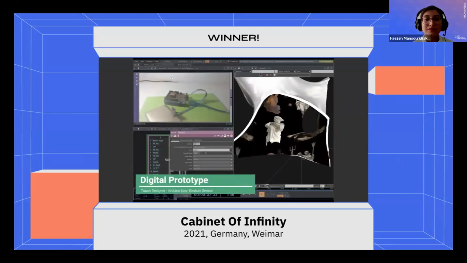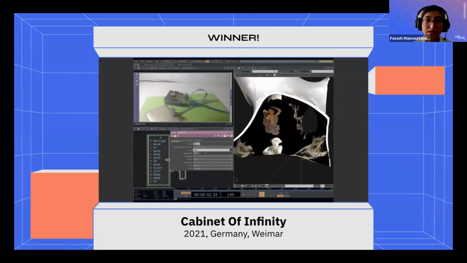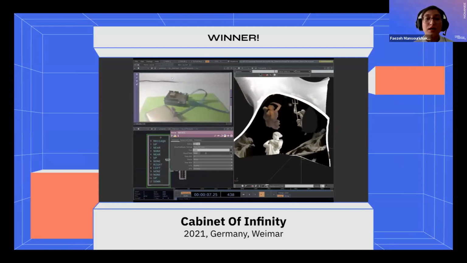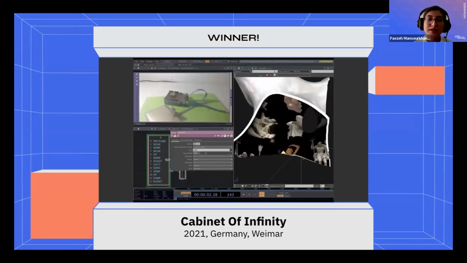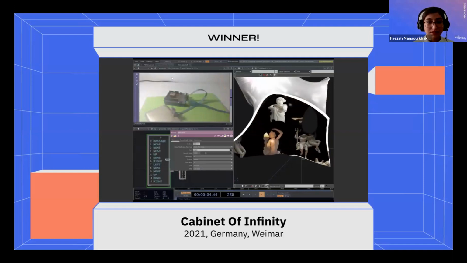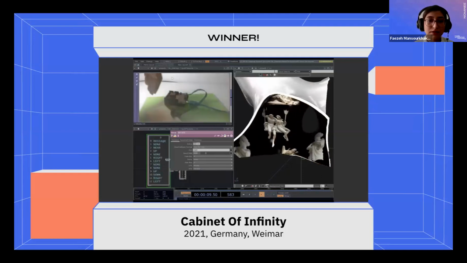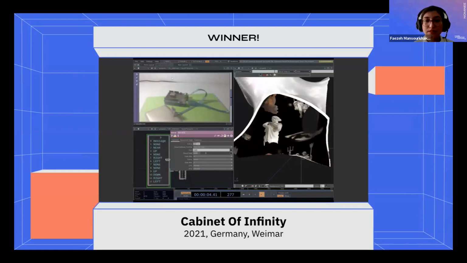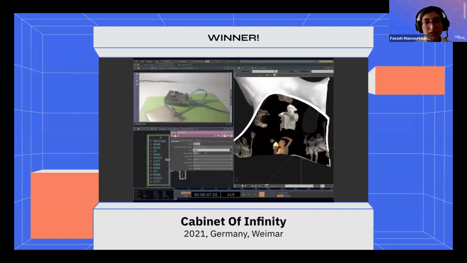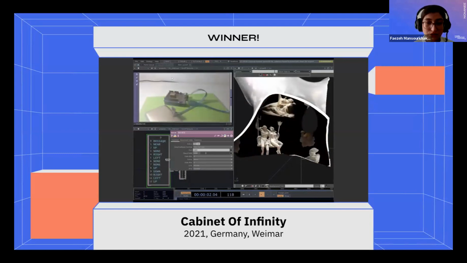We are also immensely grateful for the support and guidance we received from our mentors, teachers, and fellow students. Especially, I want to mention Professor Sabine Zierold, as they played a crucial role in shaping our project. Our project, Cabinet of Infinity, which serves as our first studio design for our master program, Media Architecture at Bauhaus Uni, aimed to encourage people to visit the Schloss Friedenstein Museum and its remarkable artifacts using state-of-the-art media technologies.